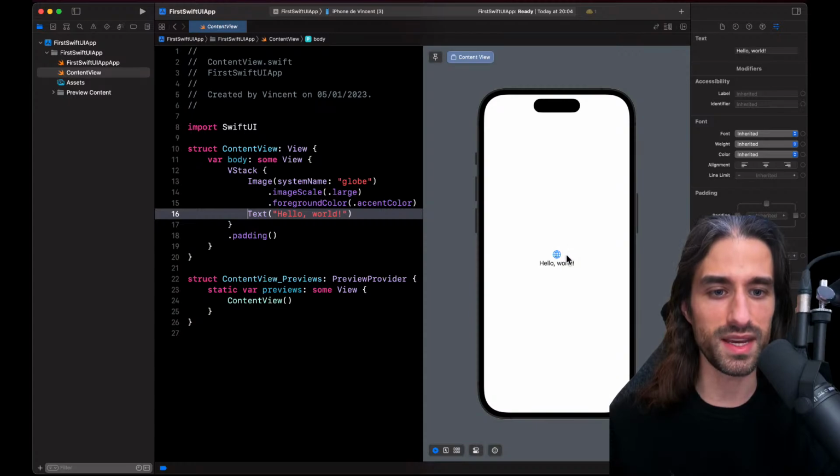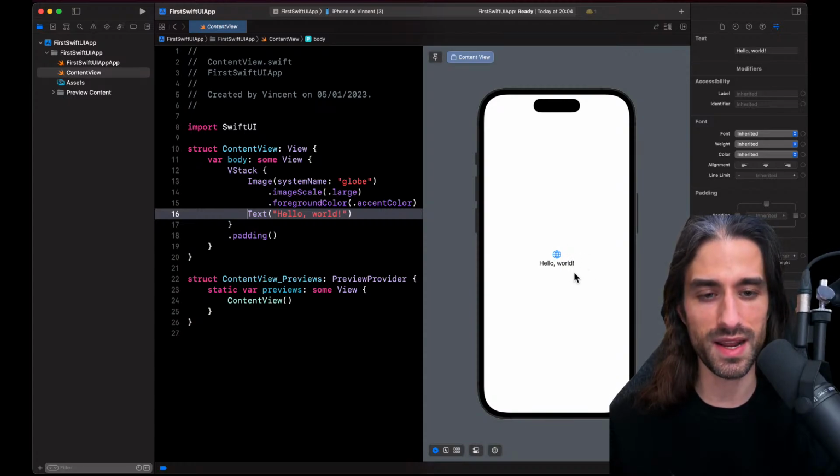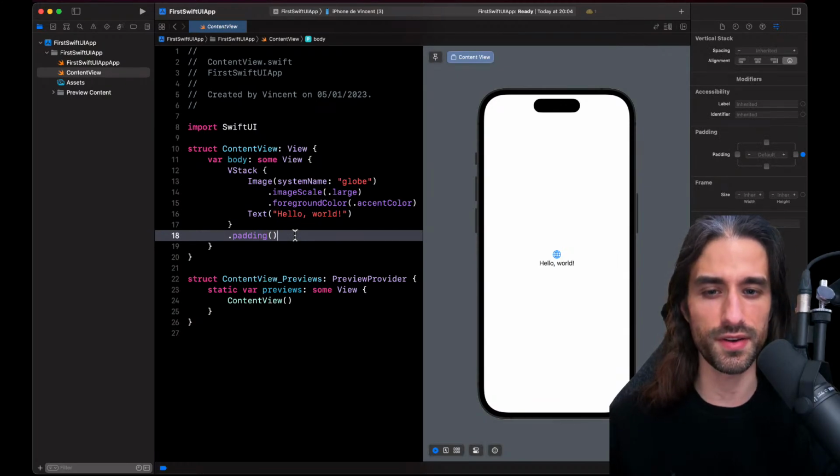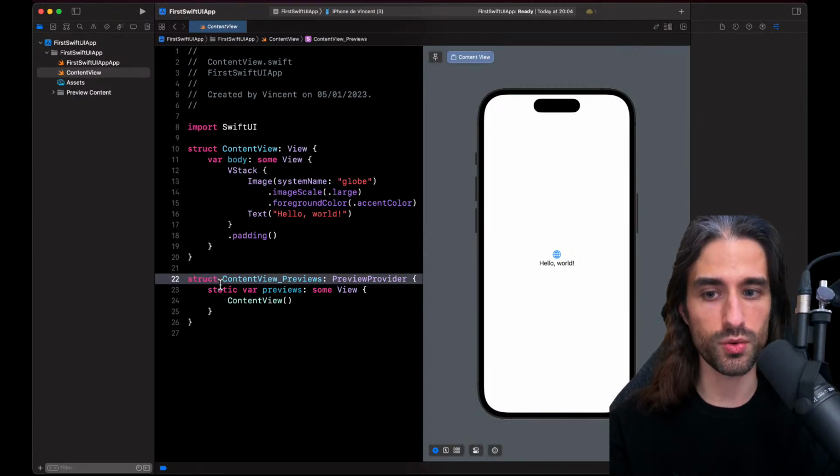And you can see the image and the text being displayed in the preview. We have this little thing called a modifier. We'll see later what it is, but it adds, we could say, some layout logic around the VStack, by adding some padding, so some margins on the side of the VStack. And finally, we have another struct called content view underscore previews, and this is what generates this